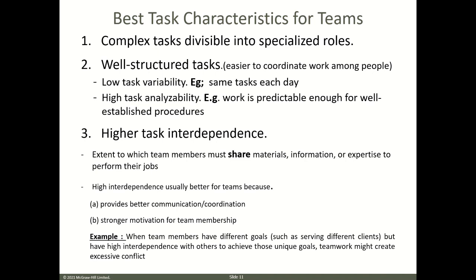Higher interdependencies are usually better for a team because they provide better communication, better coordination, and strong motivation for each member. For example, when team members have different goals but high interdependence with others to achieve those unique goals, teamwork might create excessive conflict